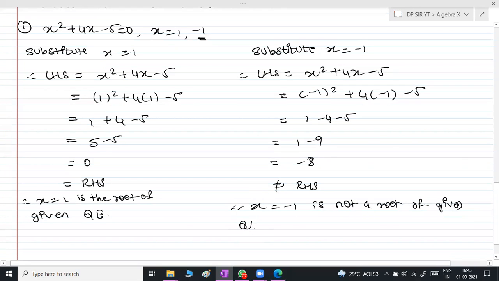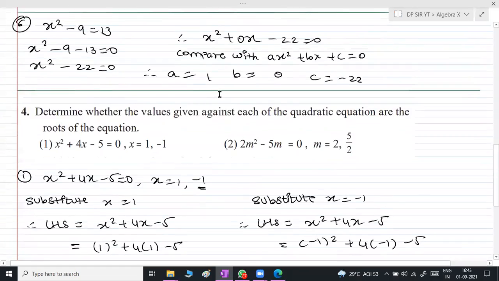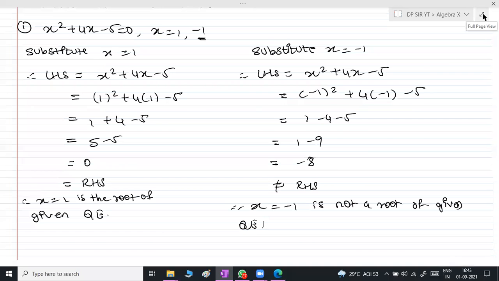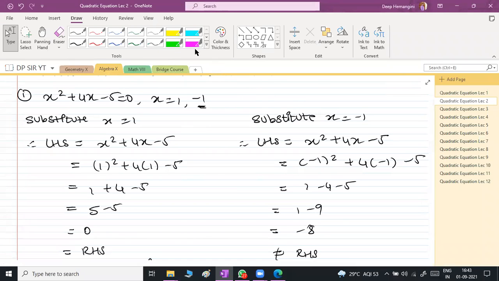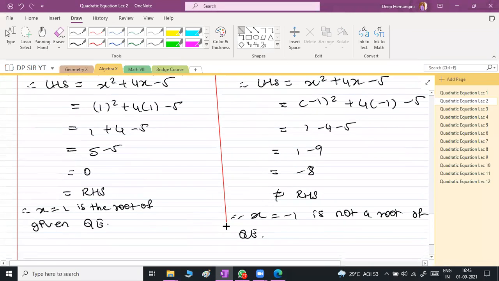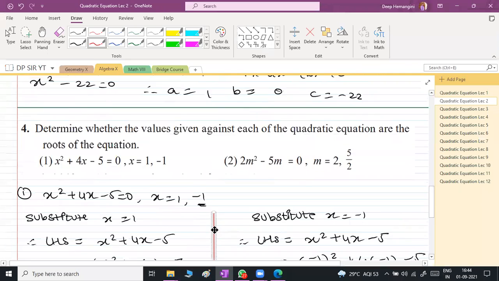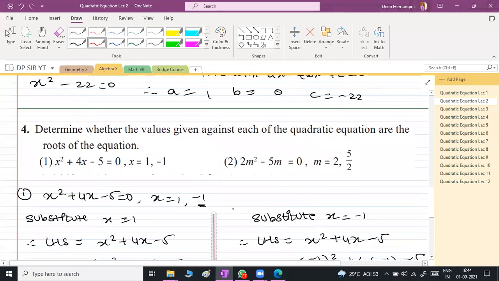Okay, so you need to be very punctual. You need to be very careful to check whether the root is there or not. The moment you made a mistake in sign or you missed any term, you are definitely going to lose the marks and no one will be able to help you there. So unlike geometry, getting marks for the steps is very difficult because one step is wrong and you are losing the entire battle. Okay, so let's go ahead